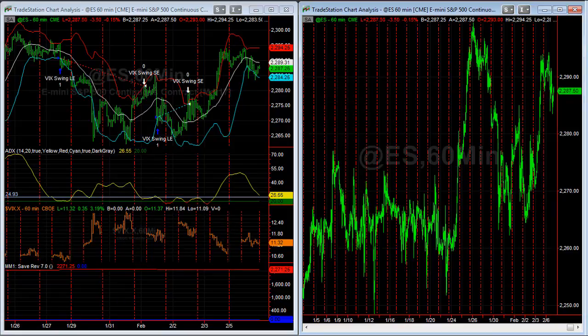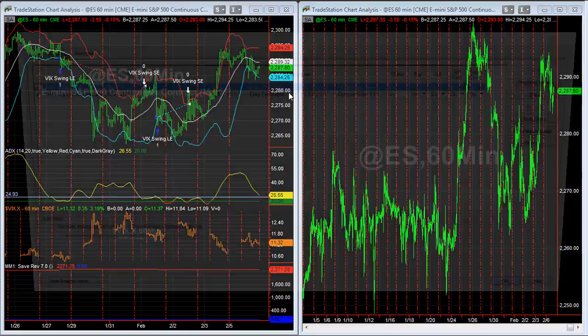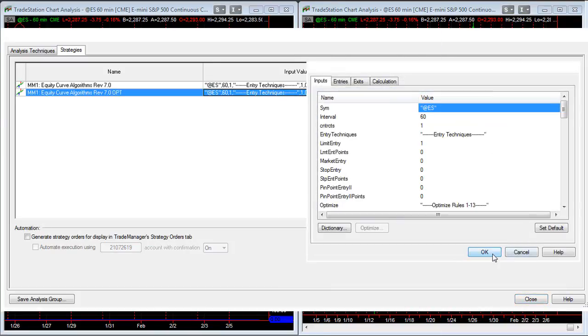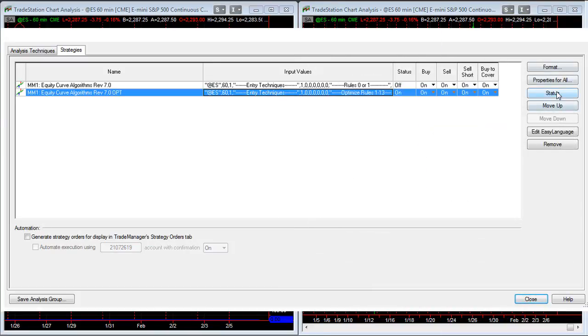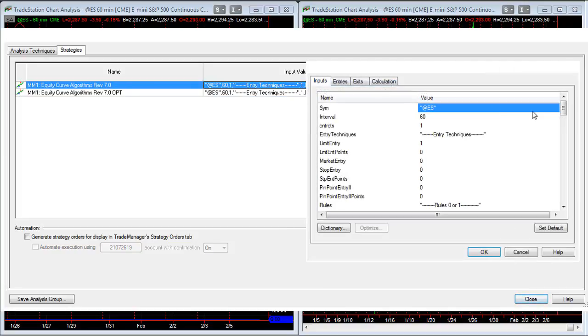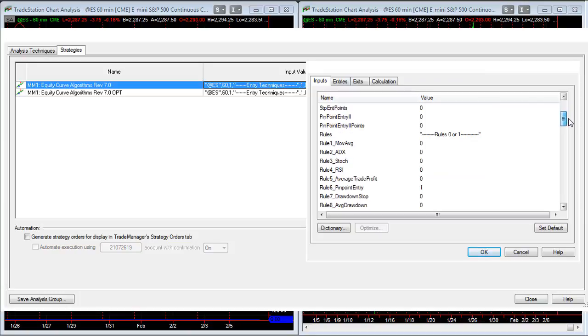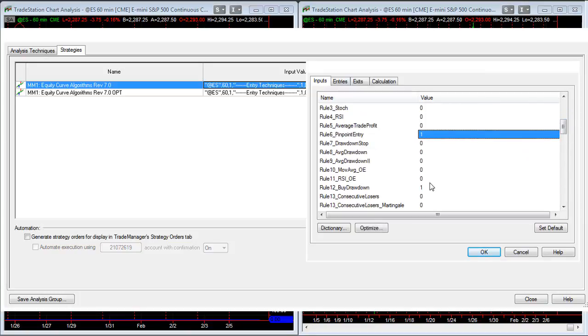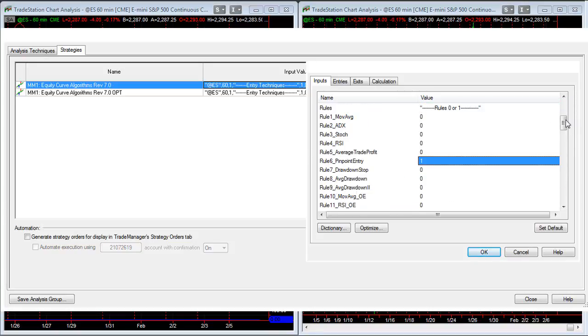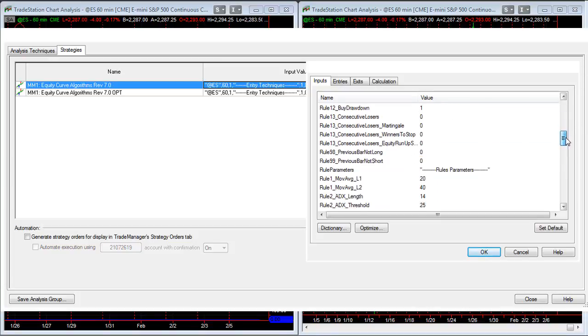in here and we're going to go Format, Strategies, and we're going to come in here and we're going to turn this off. So let's turn this status to off, and we're going to turn this status back on, and we're going to come in here and set that up. We're going to set up Rule 12, which we have, and Rule 6, which we have, and we'll just go with Rule 12 and 6 right now. If we want to take a look at Rule 3, we'll select 1 as well, and then we'll double check